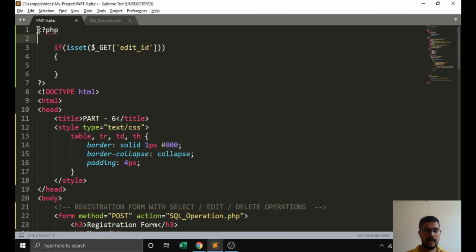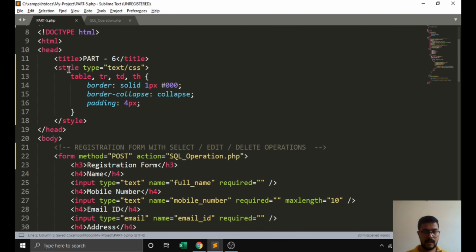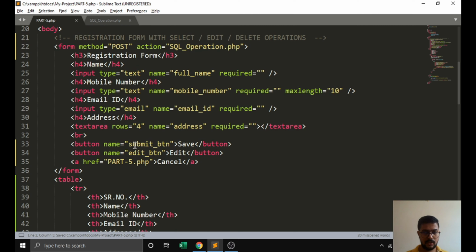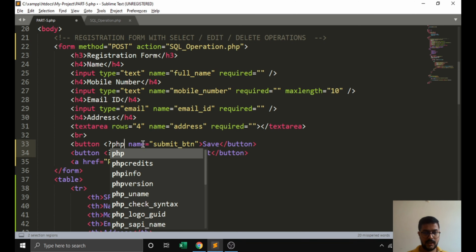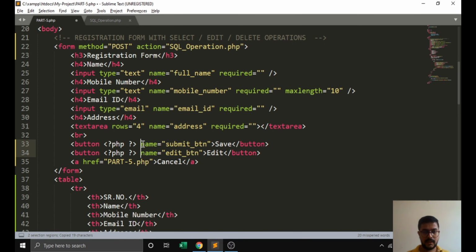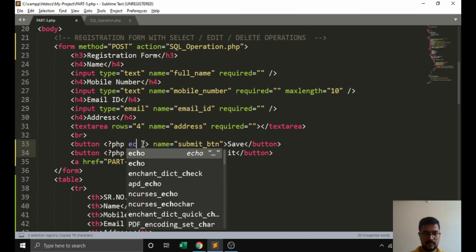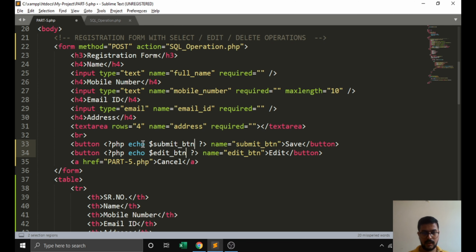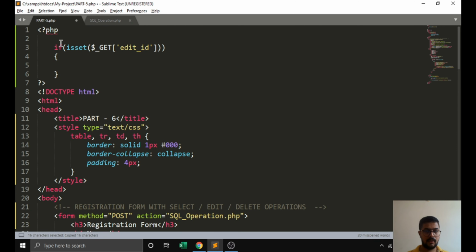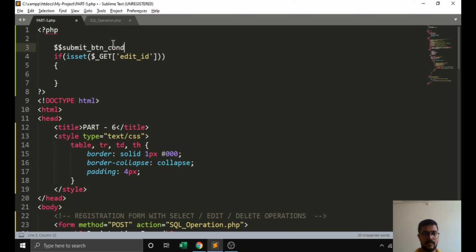If my edit id occurs, then I need two codes here. Submit button, over here we are printing some data, printing variables, echo button condition. I was passing an at the rate here, we don't need the at the rate, but I have passed it. By default